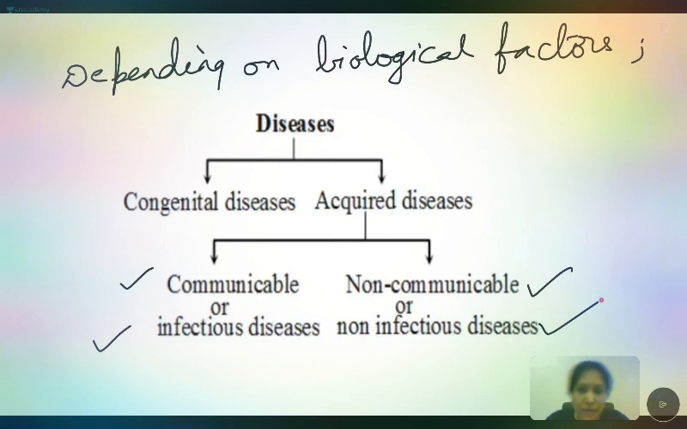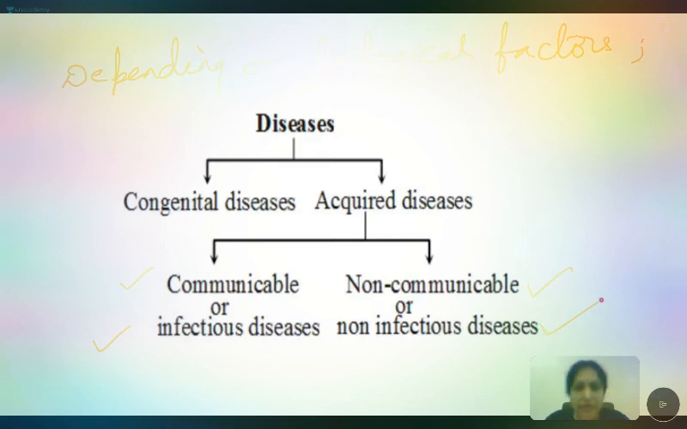Is it clear? Depending on biological factors, diseases are congenital or acquired. Acquired are again two types: communicable and non-communicable. Can we proceed? Okay. Next,